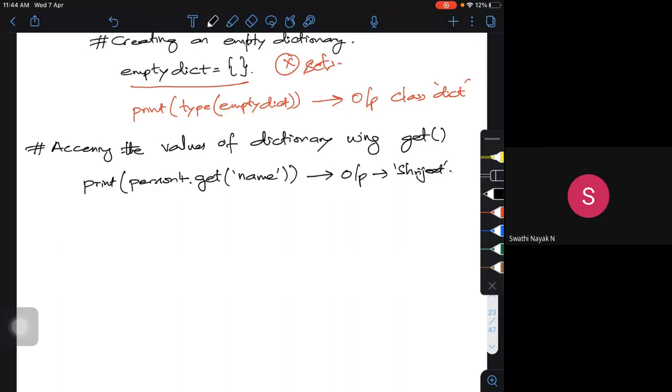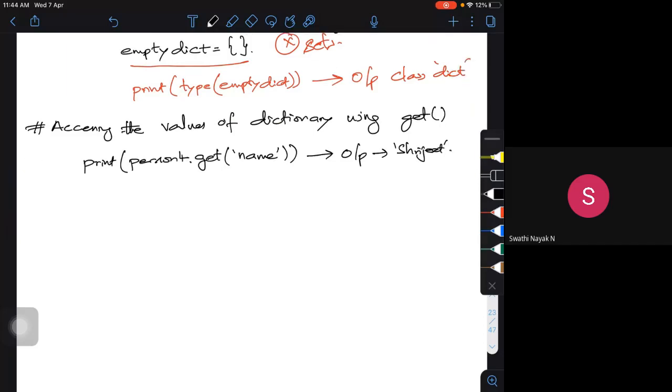Now, in a dictionary, we have certain functions. Say, for example, I have defined a dictionary having n number of keys. Maybe what I'm showing is 1 or 2 keys actually. If I have a dictionary with n number of items, I want to return the list of all the keys present in the dictionary.